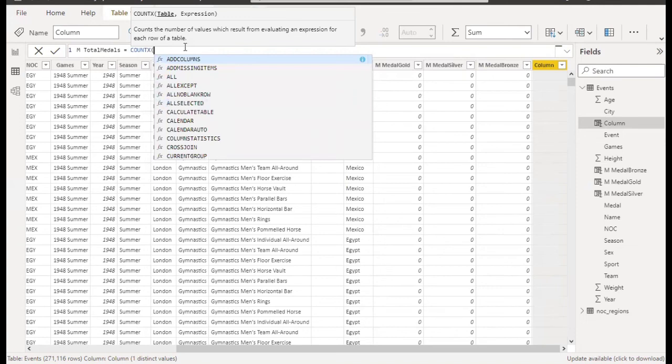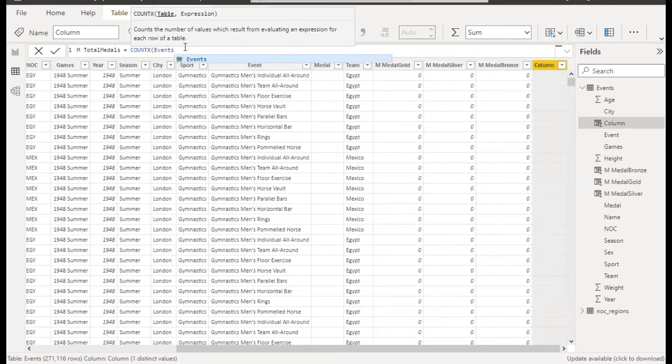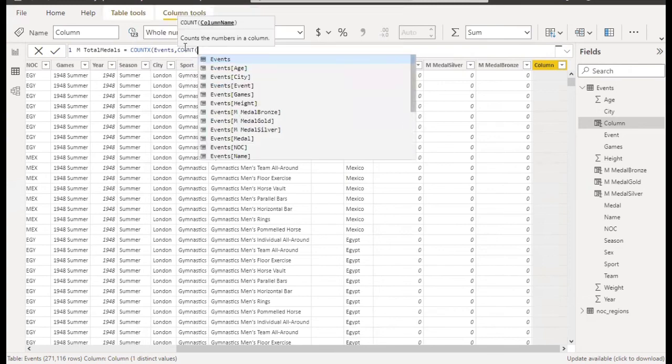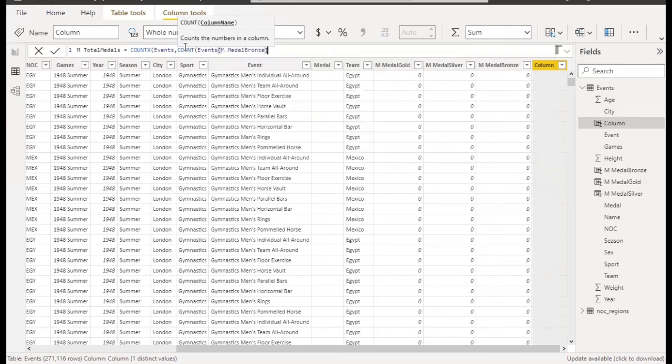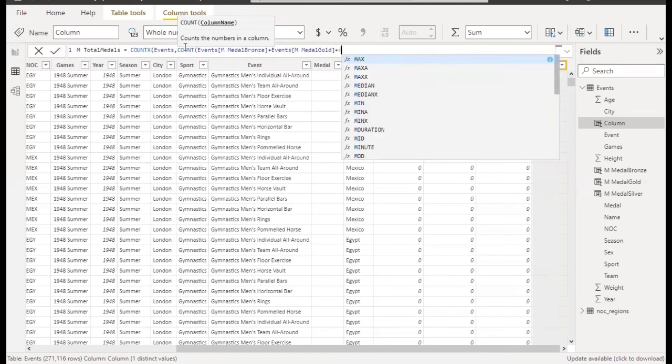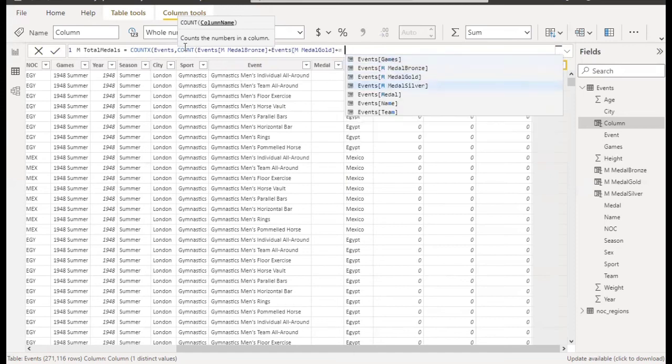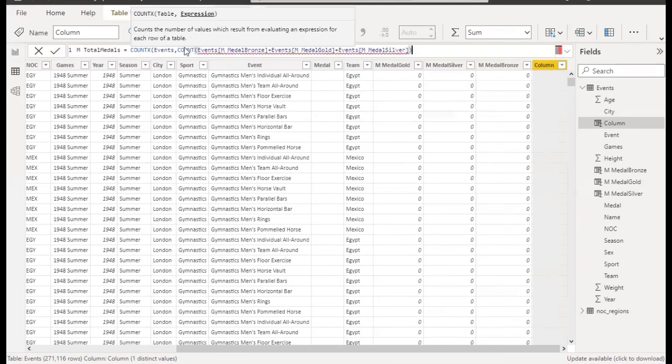COUNTX, the table should be events, let's try this and check that IF expression. So count events, and in this we can have bronze plus, if it doesn't work, then we will go to gold plus and silver. And if we close this,